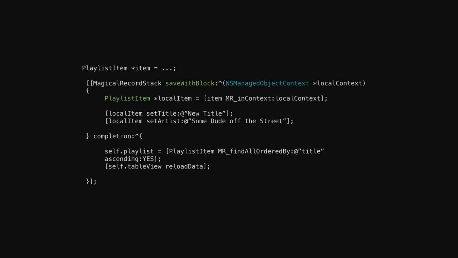The other thing to note is that with this save block, you have this local context here, which is a pre-configured workspace that's temporary for you. It is created on a background thread.